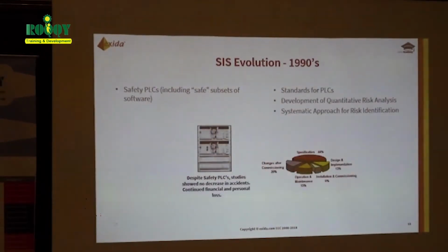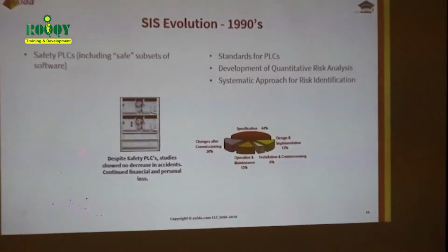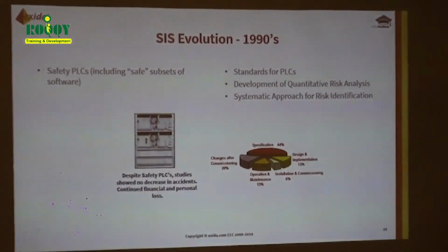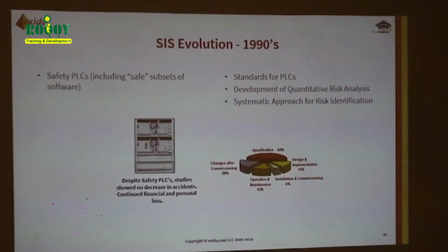The 90s, the first safety PLCs came out, the functional safety controllers appeared. Keener and Honeywell. Well, this system was originally designed by Pepper and Fuchs. It was bought by Honeywell, and there are still systems running now. A lot of them are being phased out now because they've reached end of life, but there are still systems out there running. Okay. Standards for PLCs are developed,